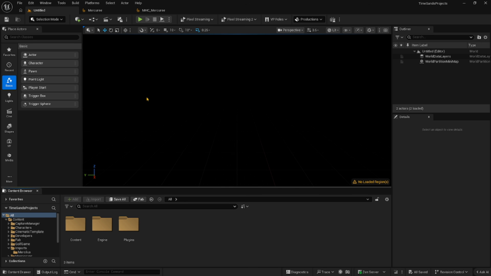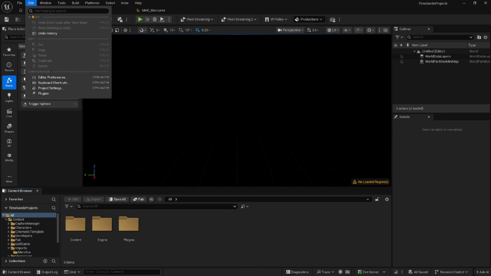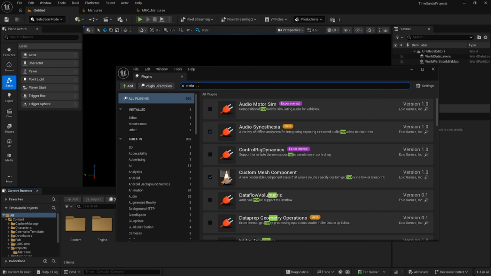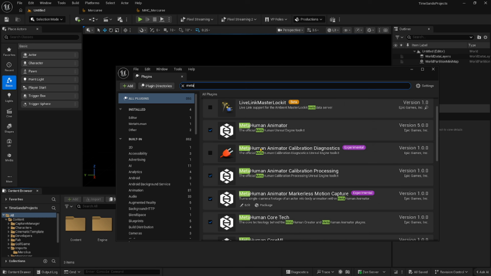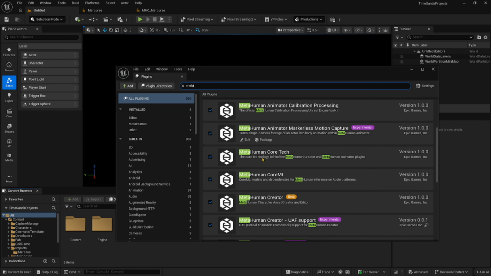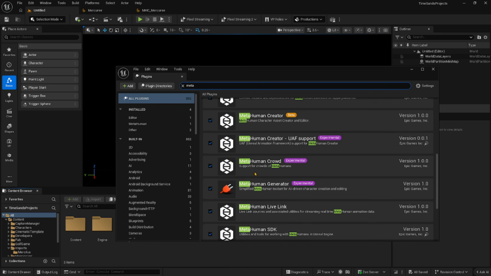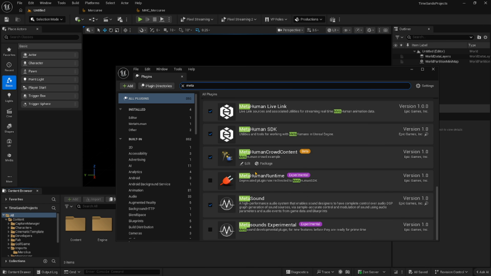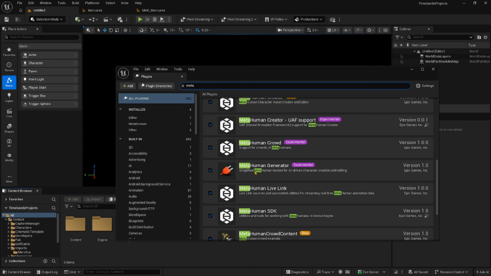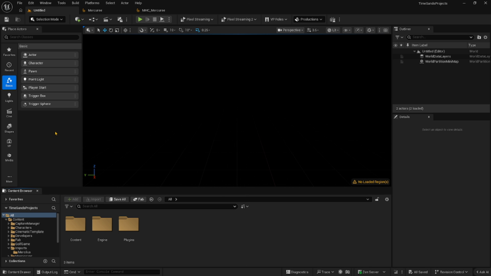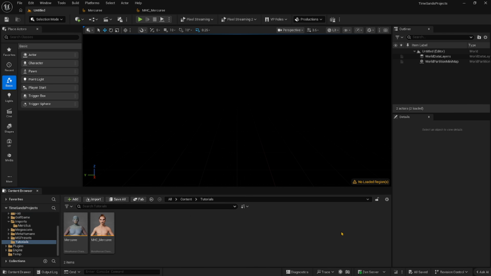To begin with, we're going to go up to Edit and go to Plugins and just make sure that you have all of your MetaHuman plugins activated. In particular, of course, the Creator. The Core Tech should automatically be. Anything else that's here that has to do with MetaHumans, you might want to check, because eventually you're going to be using it. Once you do that and you've restarted your computer, you're going to go to a